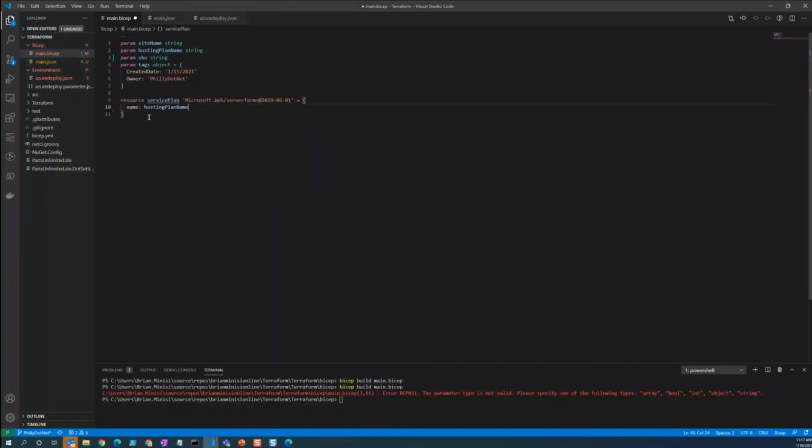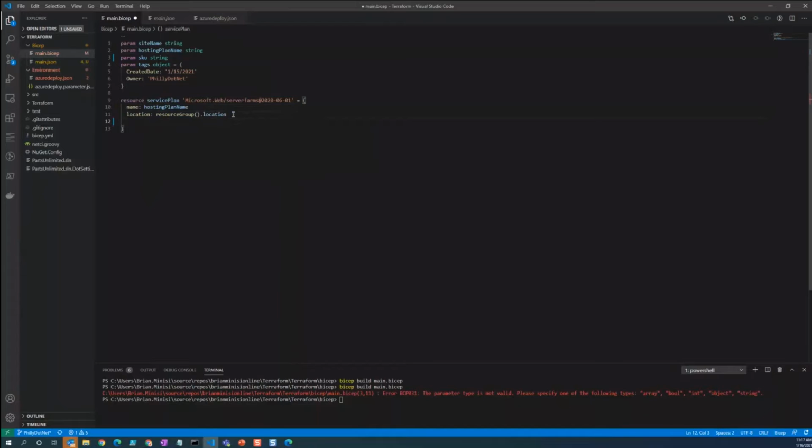And the location. So as with ARM templates, we could use functions, ARM template functions within Bicep. So we don't have to do anything other than resource group deploying to the same resource group. And we get the IntelliSense for whatever we want to find from that resource group. So we want to get the location. So when we're deploying this, it's going to take the context of the resource group that we're deploying to, and it's going to know what the location is, and we can just use this in order to populate that during runtime.